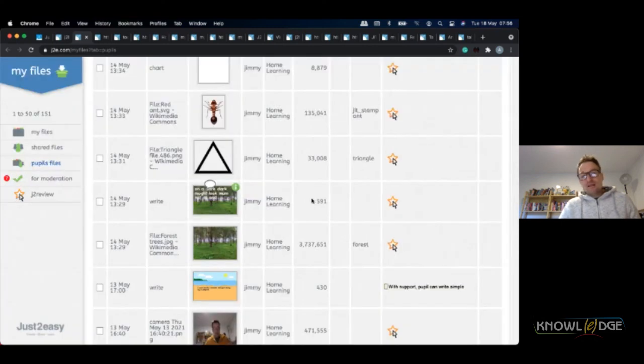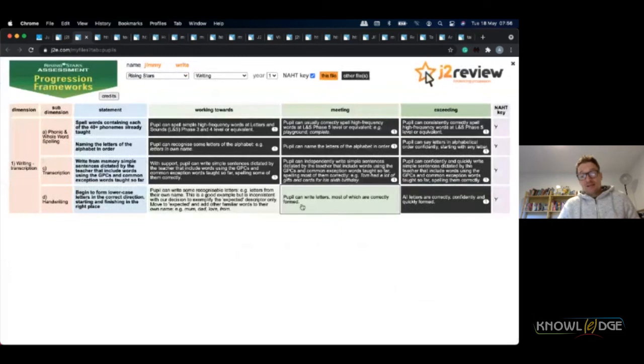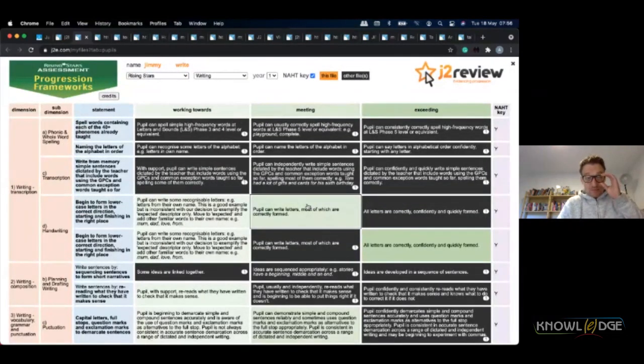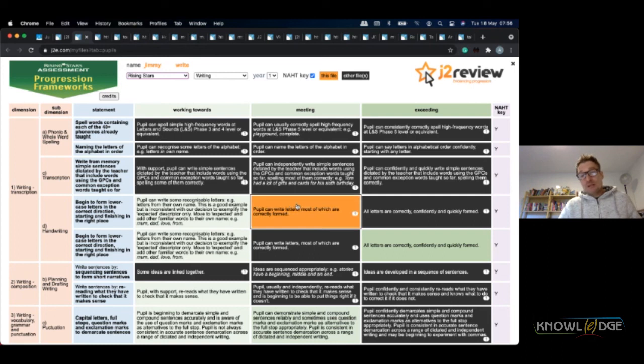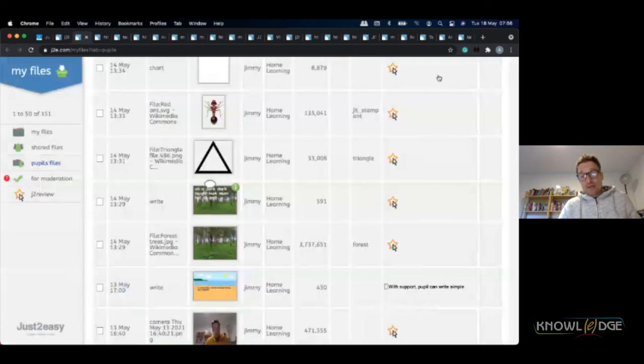Further to that, over to the right hand side here is a star button. What that is, I can then assess against a rubric based assessment for learning outcomes. So I could use this as a model of saying, yes, Eli is working towards that particular skill at that particular level or year on a particular curriculum framework. In this case, I'm looking at Rising Stars, but it can be any statement from any curriculum you wish, because we can add more in whatever you wish. And you simply just click the statement that is the right accurate statement, which then applies it to the student, and you can then build a report of tracking against all of the outcomes that your student has made.